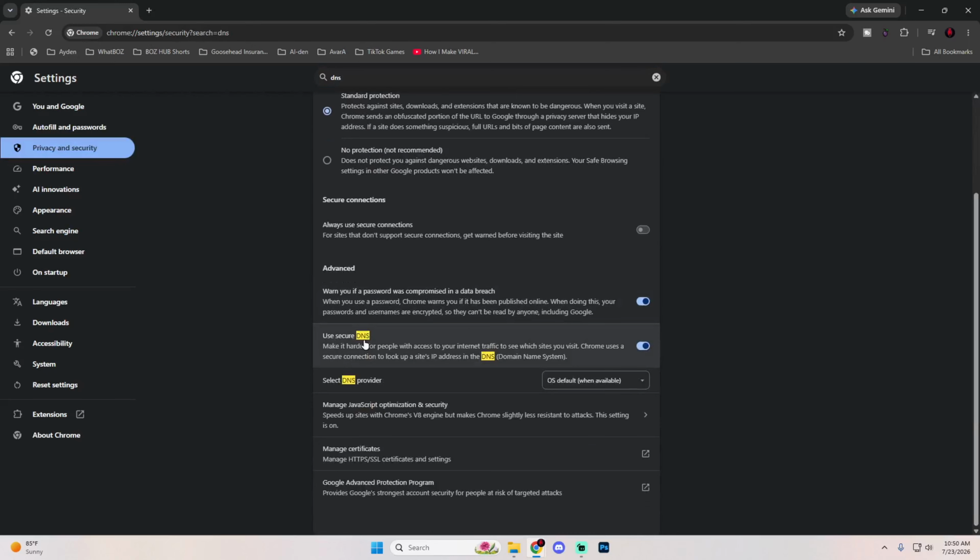Open that up and look for Use secure DNS, and make sure that this is turned on. Then select the option to choose another provider, and select the CleanBrowsing family filter right here. As soon as this is enabled, Chrome will use that family safe DNS provider to automatically block many explicit and